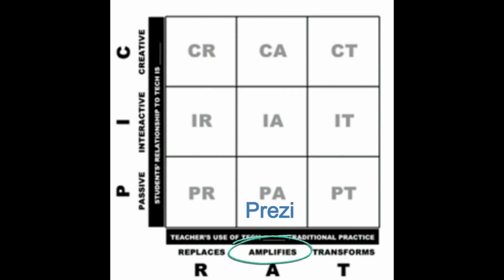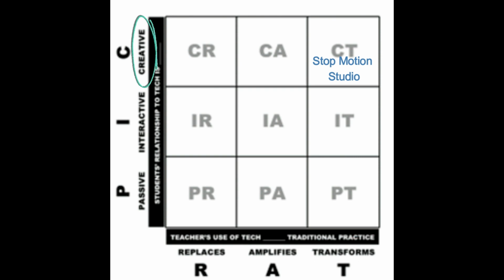Prezi amplifies the traditional presentation format, offering a more appealing way for students to receive information. In this activity, Prezi is passive because students will be spectators of the presentation. Stop Motion Studio transforms the learning process by allowing students to actively create visual content, enhancing their understanding of concepts